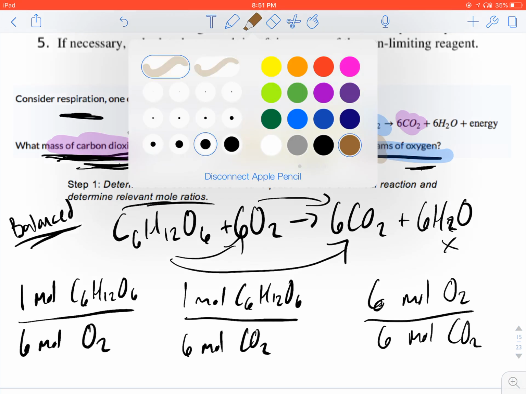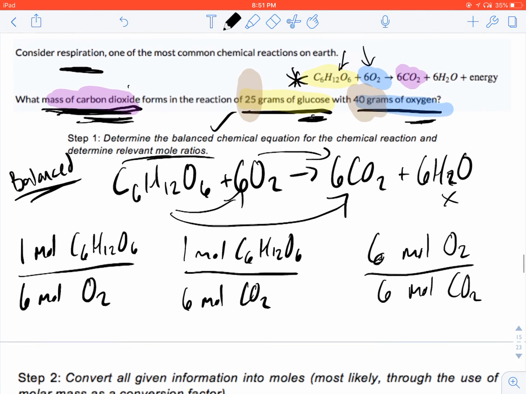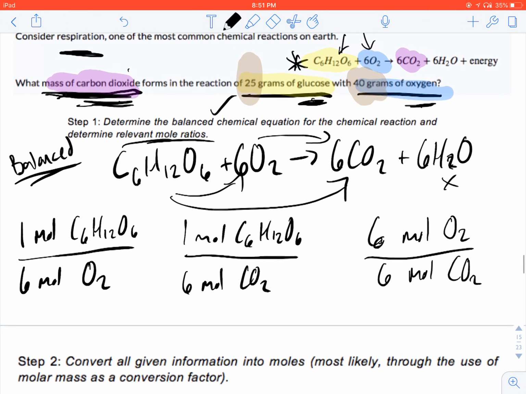Remind me never to use that color highlighter again. Oh my gosh. Anyways,